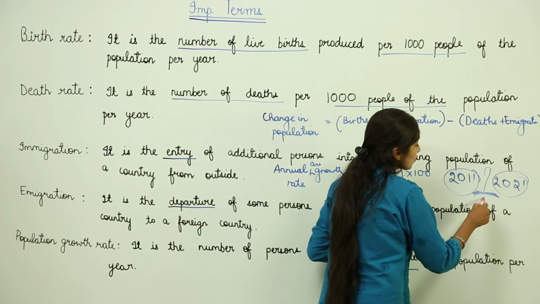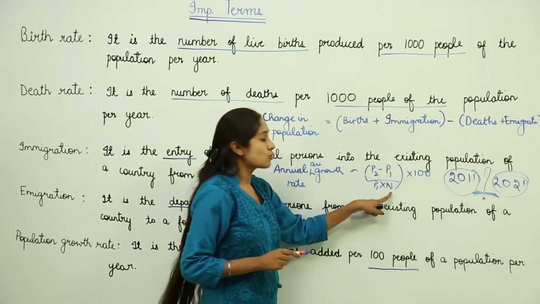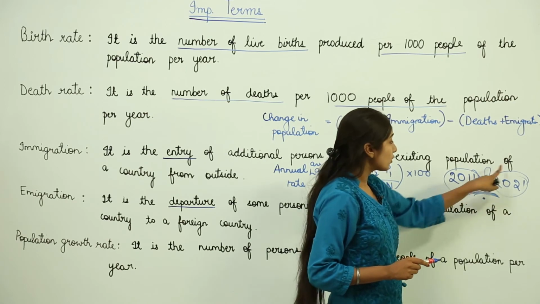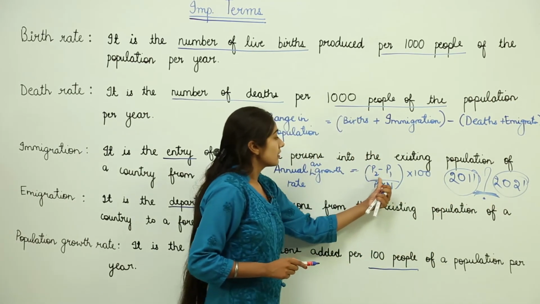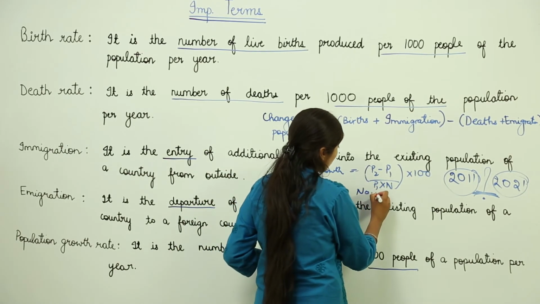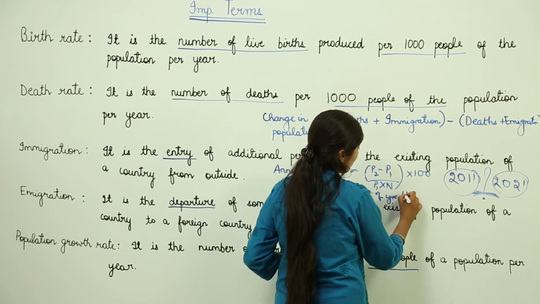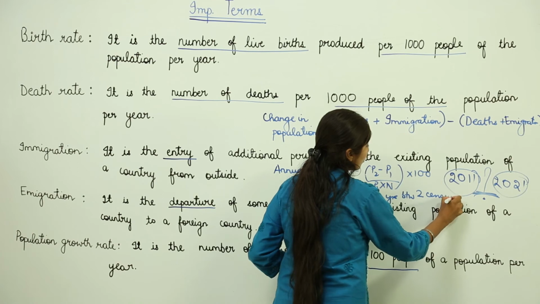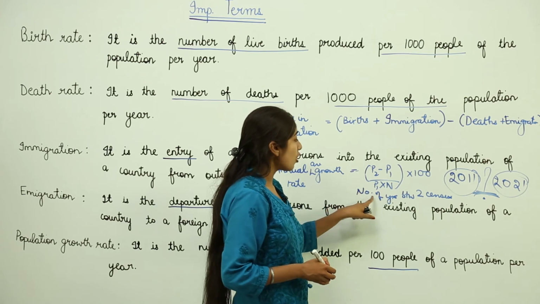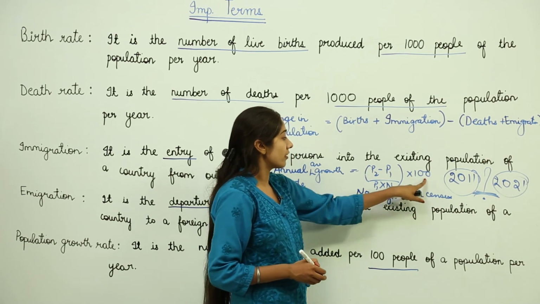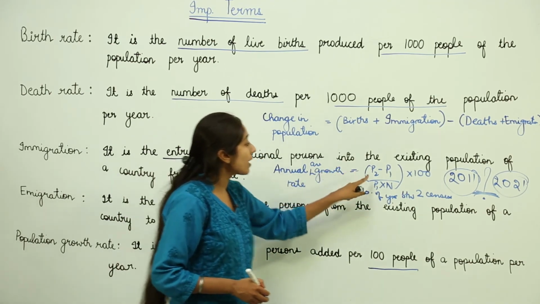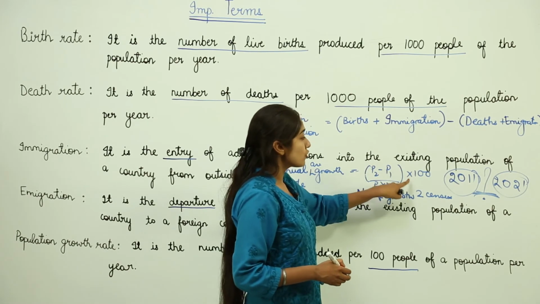What is the gap of the years over here? When you find this, it is known as N. So the gap you will calculate, that is the difference between the years. So N is defined as the number of years between two censuses. I hope this N is now more clear to you. This is how you are going to find out the annual average growth rate, that is (P2 minus P1) upon P1 into N into 100.